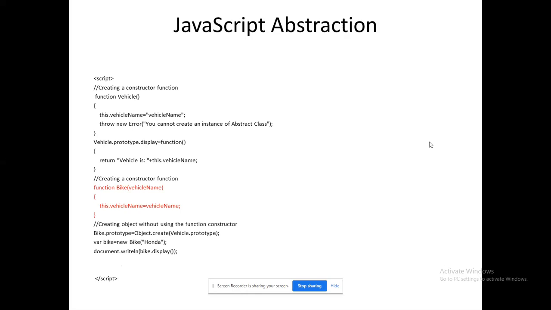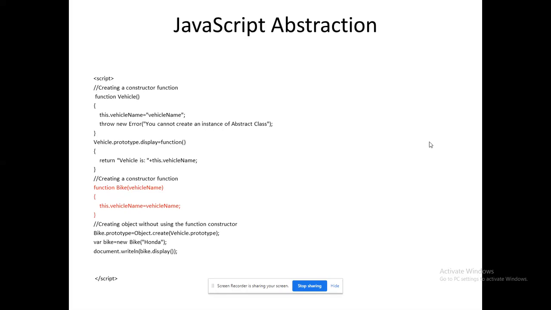Abstraction, right? This is an important thing that we need to learn in OOPS concepts. So see that there is a function called vehicle. There we are referring to a variable, vehicle name. Even I could use exception handling also. We will see exception handling in detail in the forthcoming sessions. So what is this vehicle name actually? Vehicle name is the corresponding variable being passed over from another function, right?